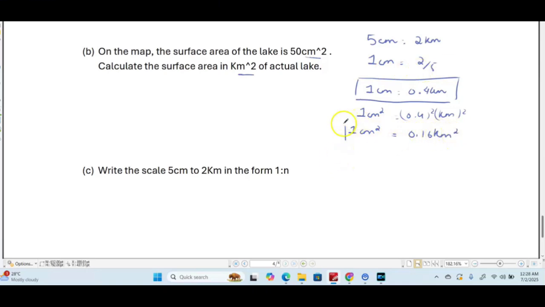So this is our relationship that we needed. So map and actual. On the map 1 centimeter square is equal to 0.16